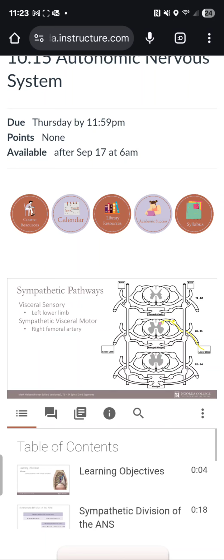pink interneuron. We're at the L3 to S1 levels, and so we don't have any white communicating rami for a preganglionic neuron to use, so we're going to have to use this interneuron to ascend to the T1 to L2 levels, where it can then cross to the right and synapse with a green preganglionic neuron. This green preganglionic motor neuron will then go out the ventral root, spinal nerve trunk, ventral ramus, white communicating ramus,